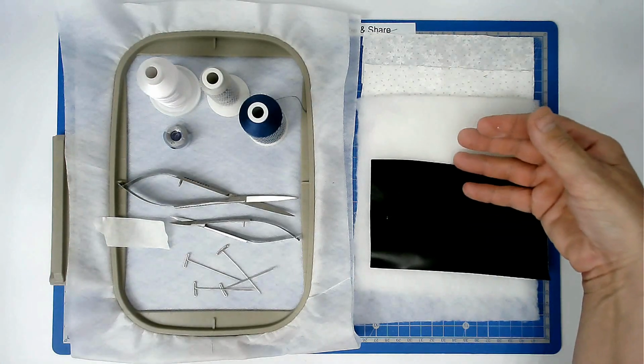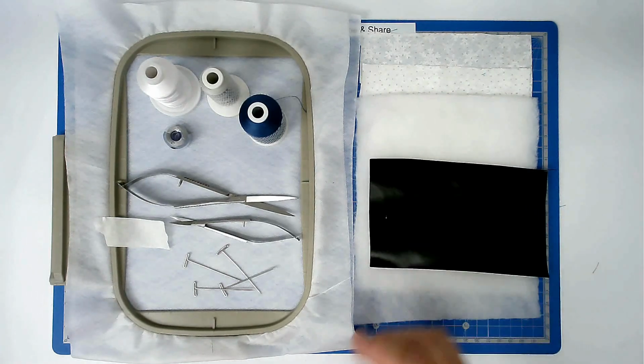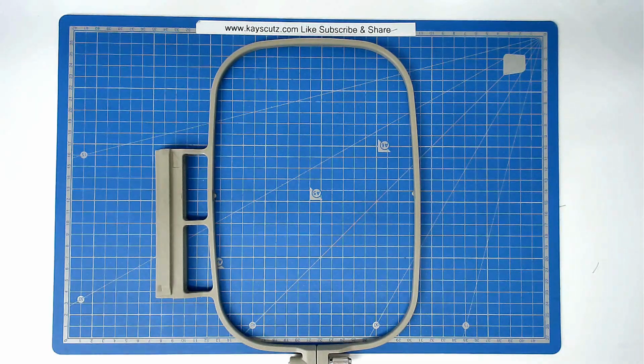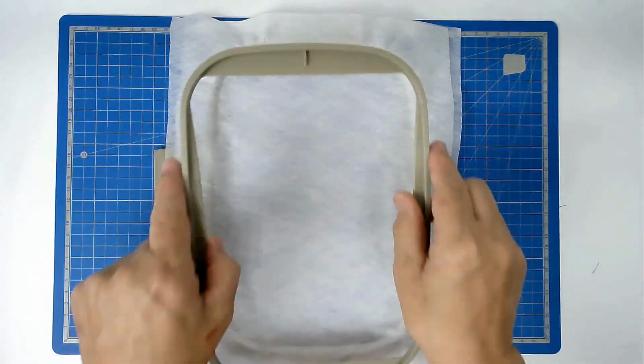I've got my fabrics and batting cut to size, and I've also got a piece of chalkboard fabric here. It's the sort that you can write on with a normal piece of chalk so that a child can add their name onto it. You're going to start off by hooping your 2 layers of wash away stabiliser,